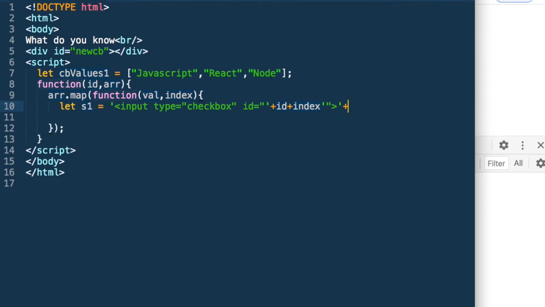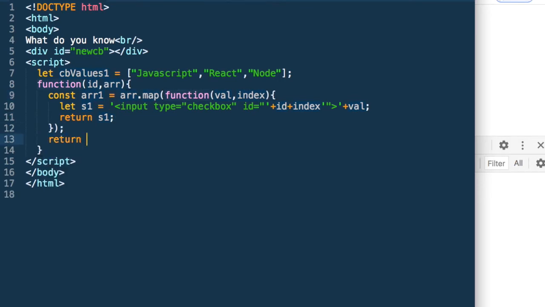What is the text? It is val. And I will just return s1. Once I return the s1, I will just map it to an array. So const arr1, and I can just return arr1.join.